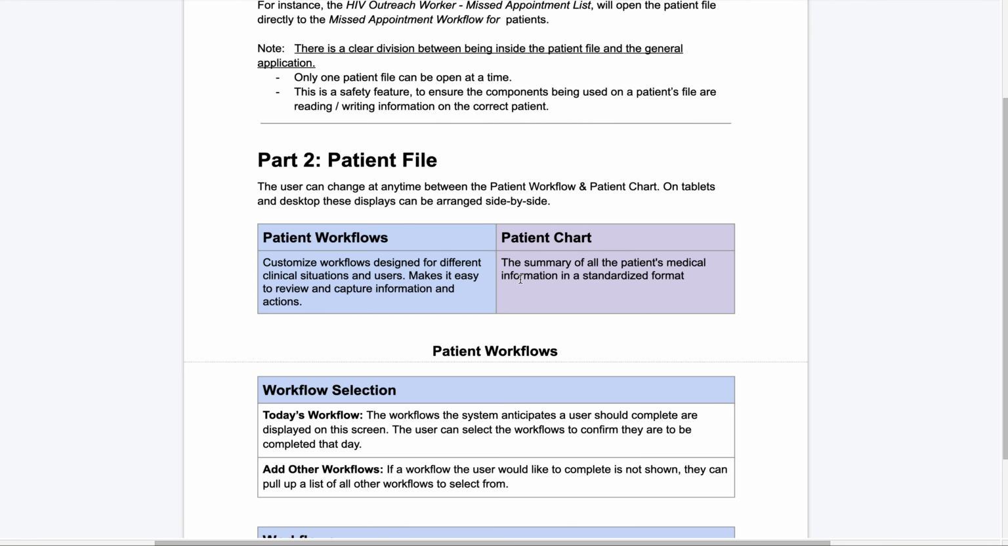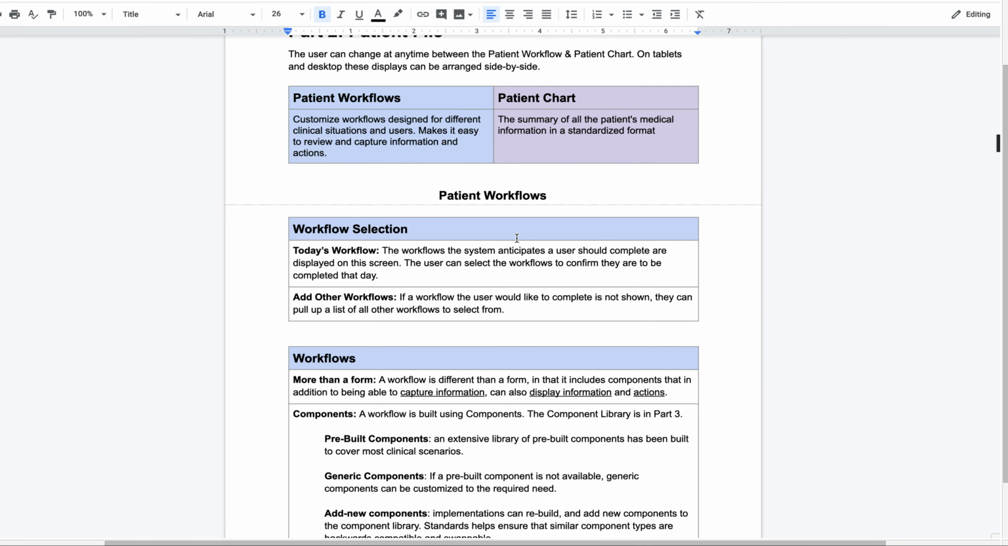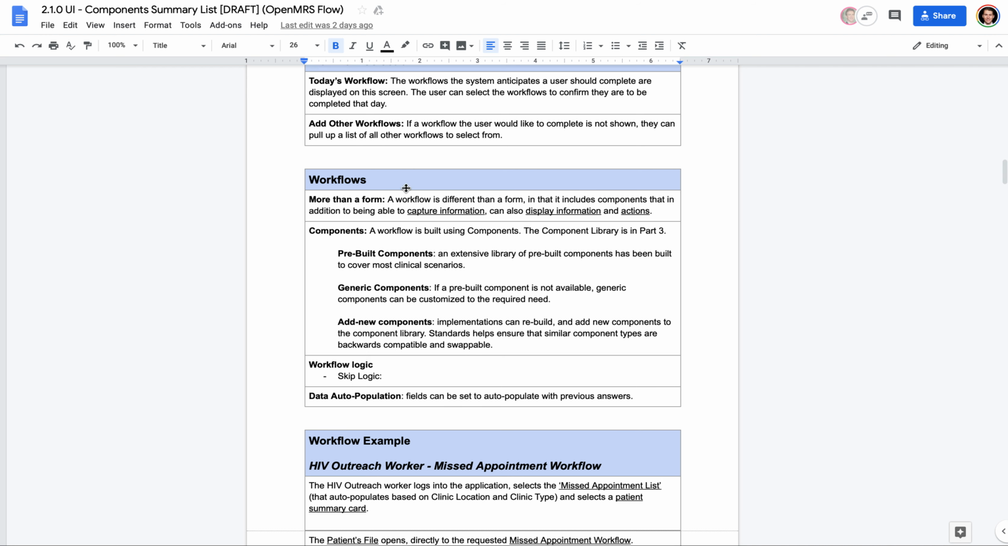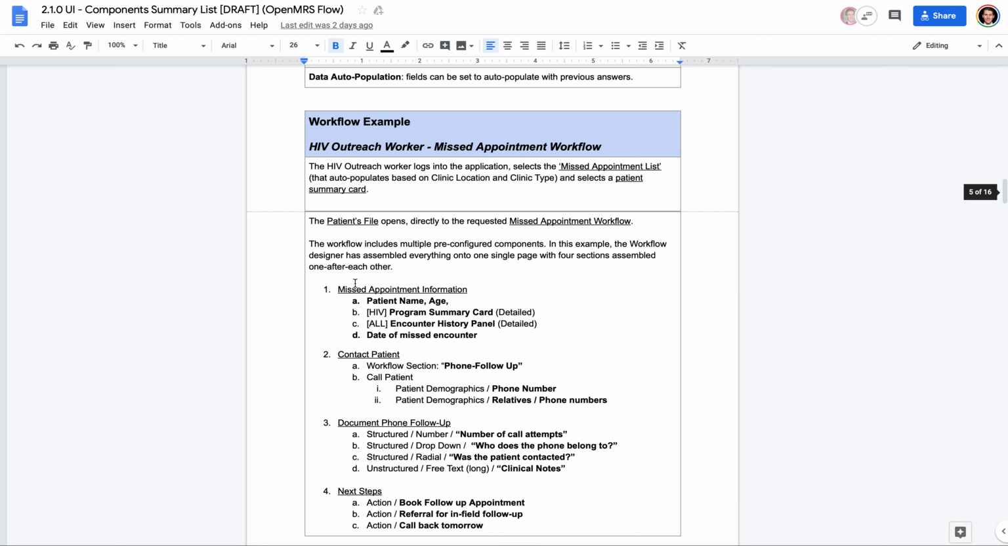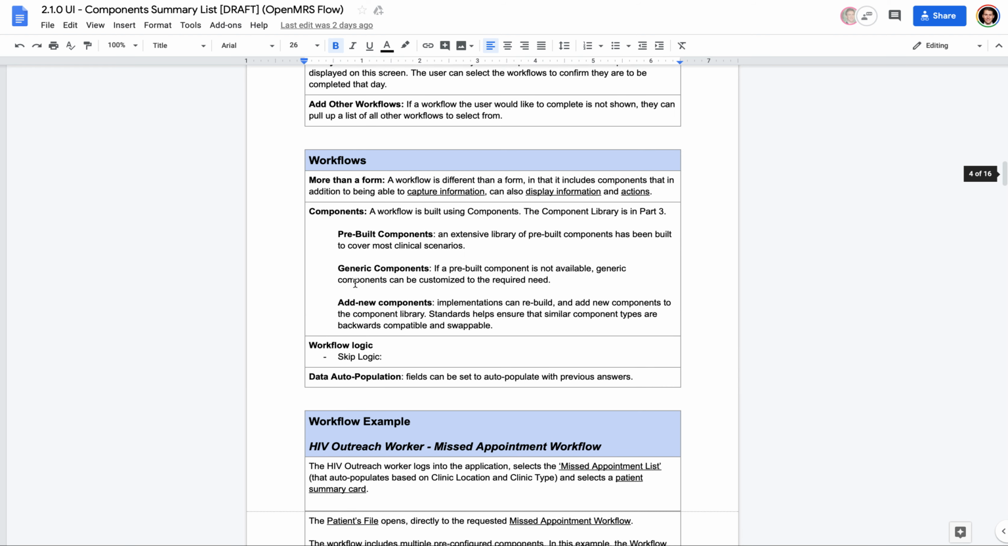But the general idea is that the patient chart is more of a standardized part of the patient file, where it shows historical information, medication lists and such. And the patient workflows are a much more customizable part of the application, built for specific use cases, specific users, and specific workflows. You can review the components which you might be able to bring into a workflow. A workflow might have a certain amount of hierarchy, such as the ability to have a page and sections